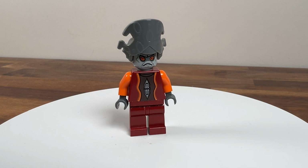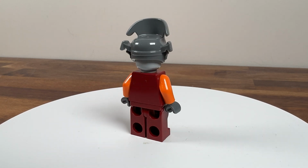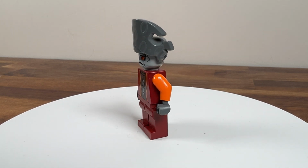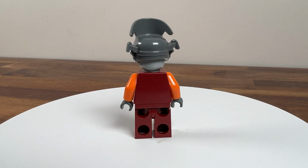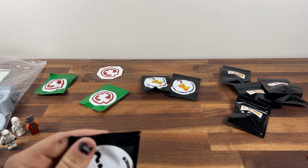I really like Nute Gunray because he's got some really cool colors like the orange and the dark red. You don't often see that in Star Wars minifigures, as well as that headpiece is really unique. And yeah, Nute Gunray I think is the only figure who would have that headpiece. So overall, another really cool figure. Next up is...